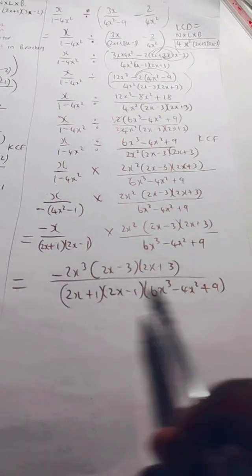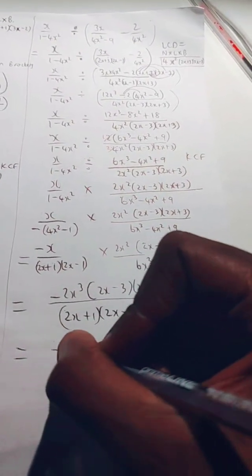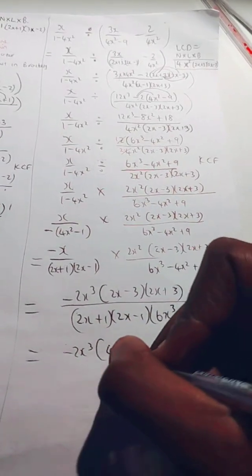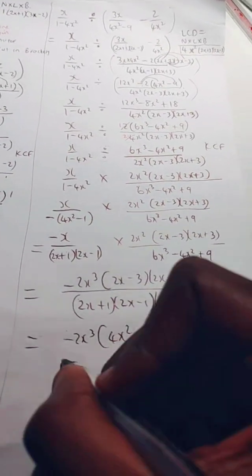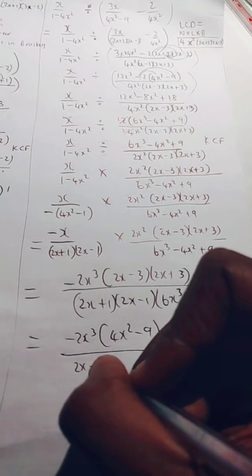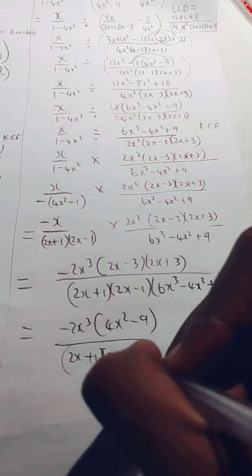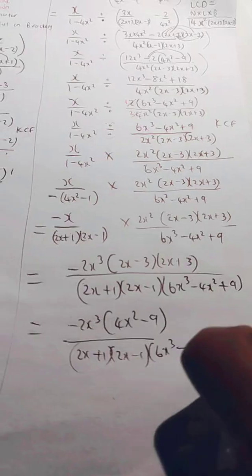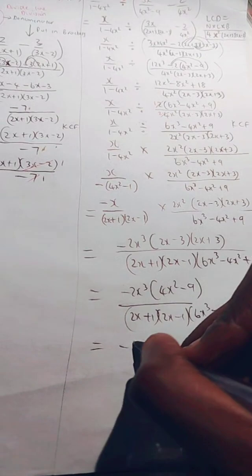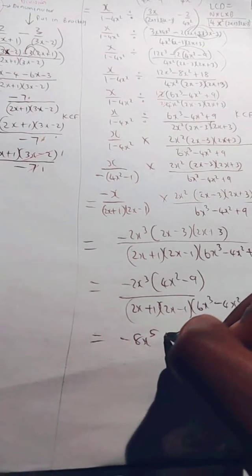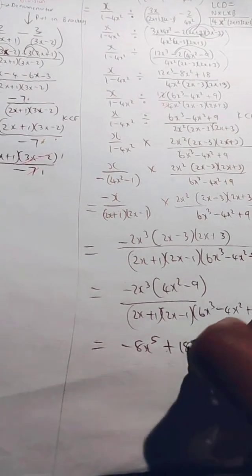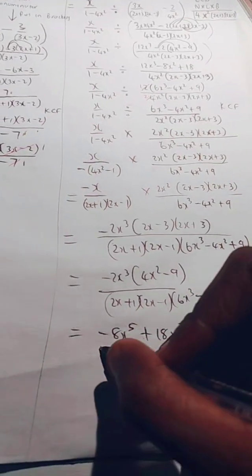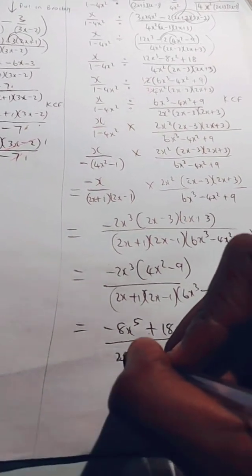The least that you can do, you can leave the denominator as it is. You can multiply out the numerator. So negative 2x cubed, this will give me 4x squared minus 9 over 2x plus 1 into 2x minus 1 into 6x cubed minus 4x squared plus 9. Then finally, in that numerator, I will say negative 8x to the power 5 plus 18x to the power 3 over that entire denominator,